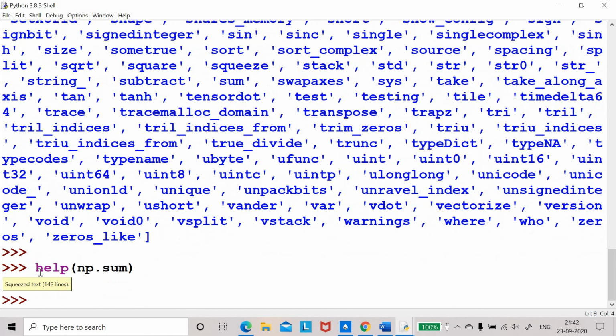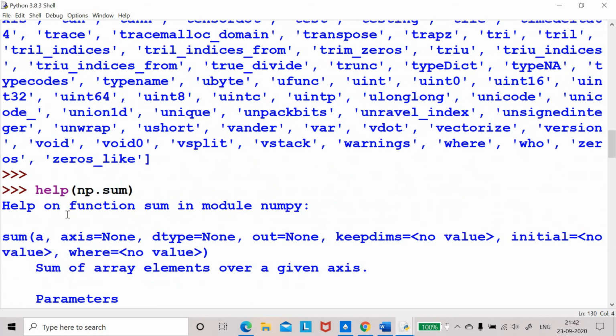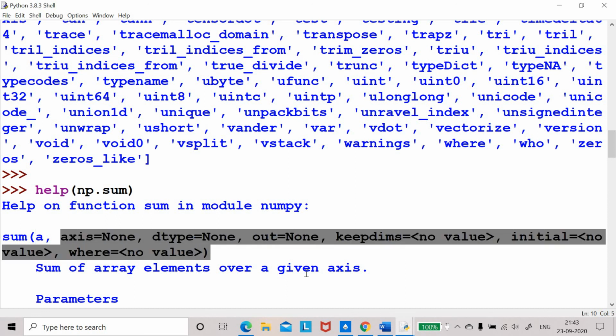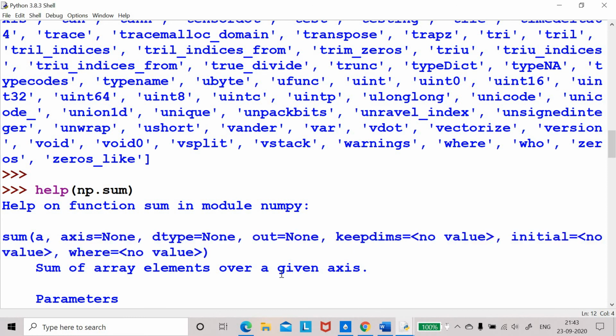Okay, then you enter, it will show you the help. That means it shows you help on function sum in module numpy, and then it will show you sum. Inside that you have to write whose sum you want, some list or some array or something, and then all other keyword arguments. That's it. This is how you do.